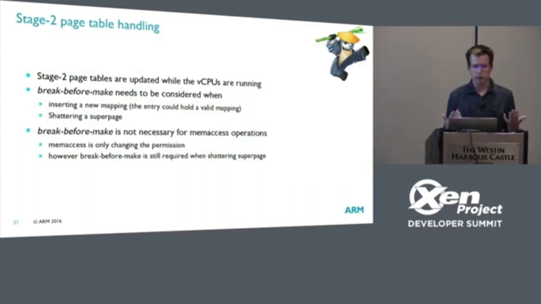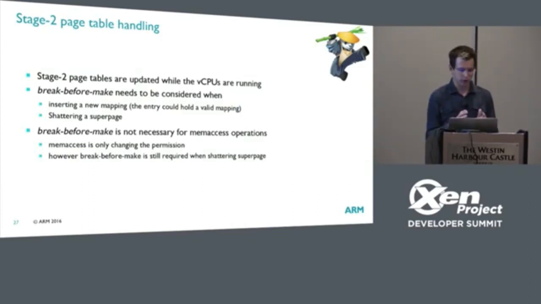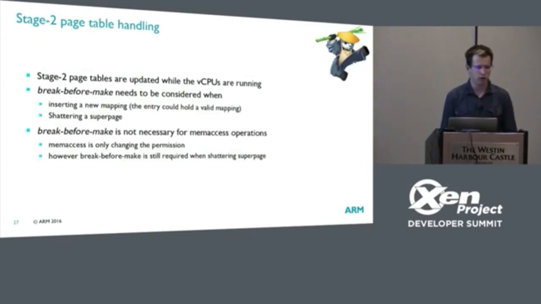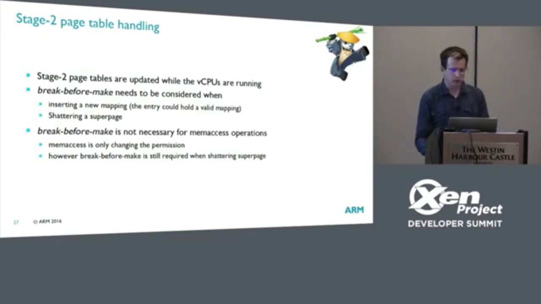page tables. So in the case of stage 2 page tables, we usually try to allocate as much contiguous memory as possible, like for instance 1 GB or 2 MB, to avoid having overrides in the TLB. Because when you use a 1 GB super page, you will have only one entry in the TLB. If you shatter the 1 GB into 4K entries, you will have the same number in the TLB. So this is one case where you have to think about